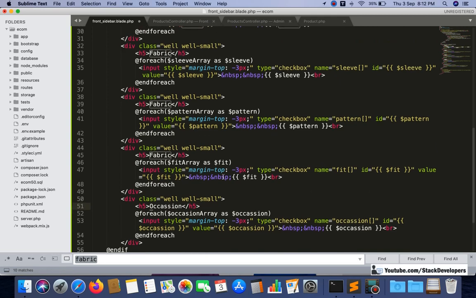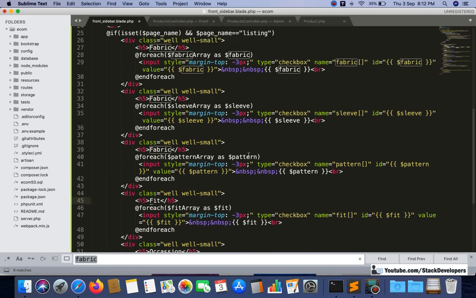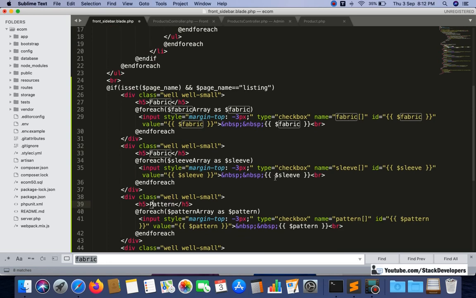Occasion, fit, pattern, sleeve. Okay, so now it is fine.